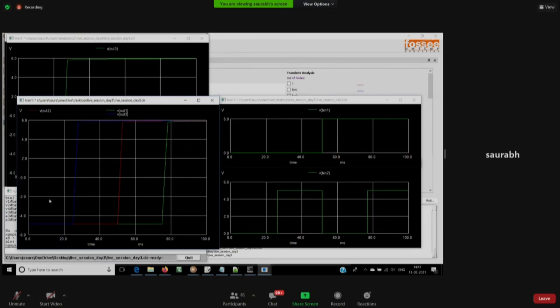There is no signal whatsoever. So at that time, the binary bit is 0, as you can see, 0 0. Once the first comparator goes high, that is till maybe 50 milliseconds, only one comparator is up. So that time the value becomes 0 and 1.